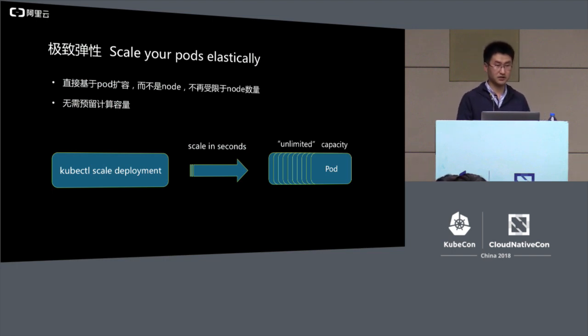Now, with the serverless architecture, you can also scale your pods elastically. If you use node-based Kubernetes, if you have this kind of experience, you know that you need to expand the nodes, and then you can expand the pods. The number of nodes and the capacity of the nodes decide the upper limit of the cluster. Therefore, if you want to increase the upper limit of the cluster computing, then you need to increase the number of nodes. But in a serverless scenario, because there's no node load, the logic is very easy. You just need to do the deployment. So the user doesn't have to reserve